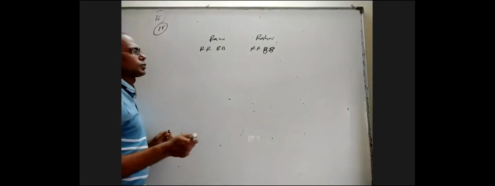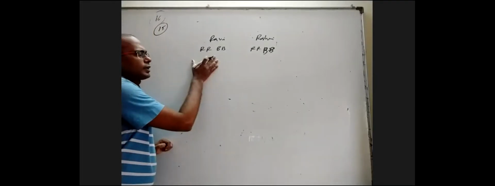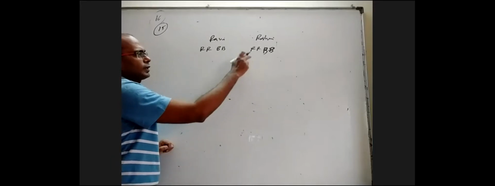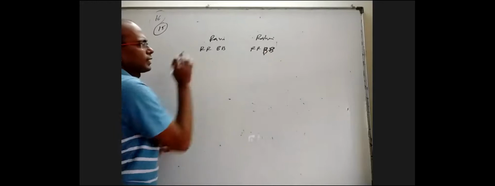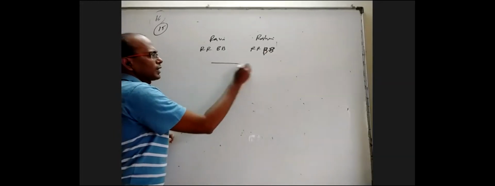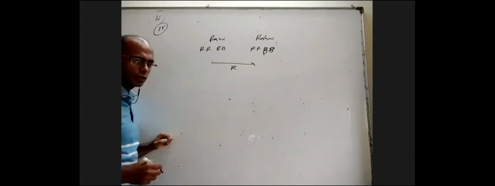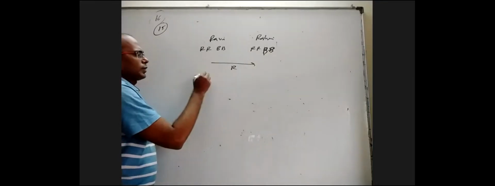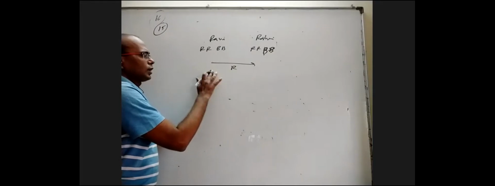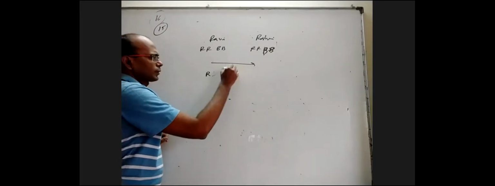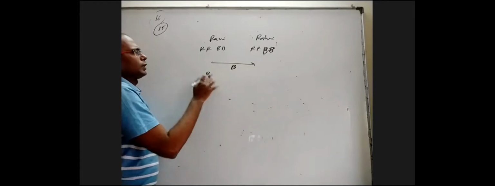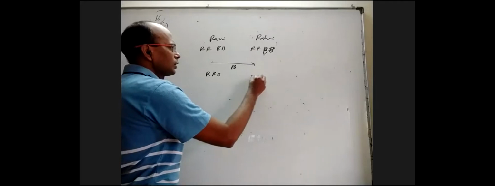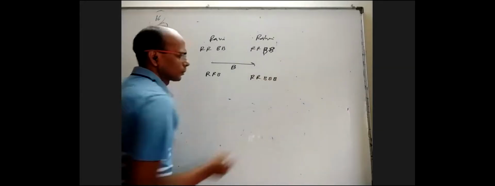Okay, so let us say at the end, I want all red here and all black here. So whenever he is giving, he has to give black and he has to return red. I want finally red here. So first let him transfer red from here to here. We'll find what is the probability for that. After this is over, what will happen? Here I'll be left with R. Now let him transfer black. Anything is okay, fine. I will have R, R, B, and here I will have R, R, B, B, B.